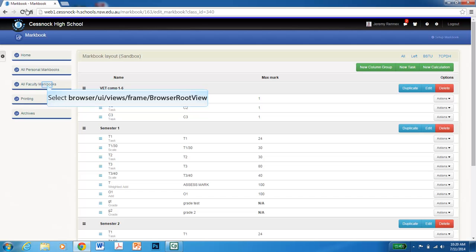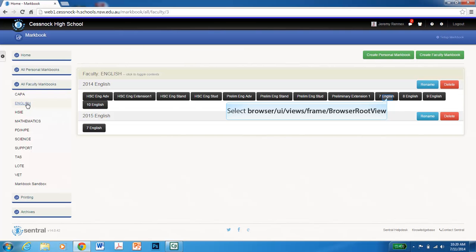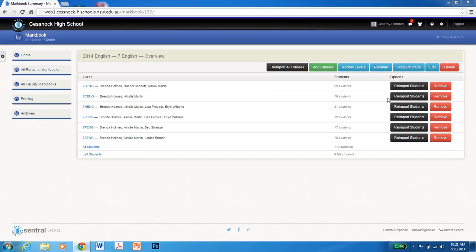So, Markbook rolling over. Let's just go back to that real briefly. We'll go back to English. We go into this year's 7 English 2014. We just copy structure, push that out in 2015, and then rolling over semesters, you can use the duplicate button for that. If you've got questions about any of this, please